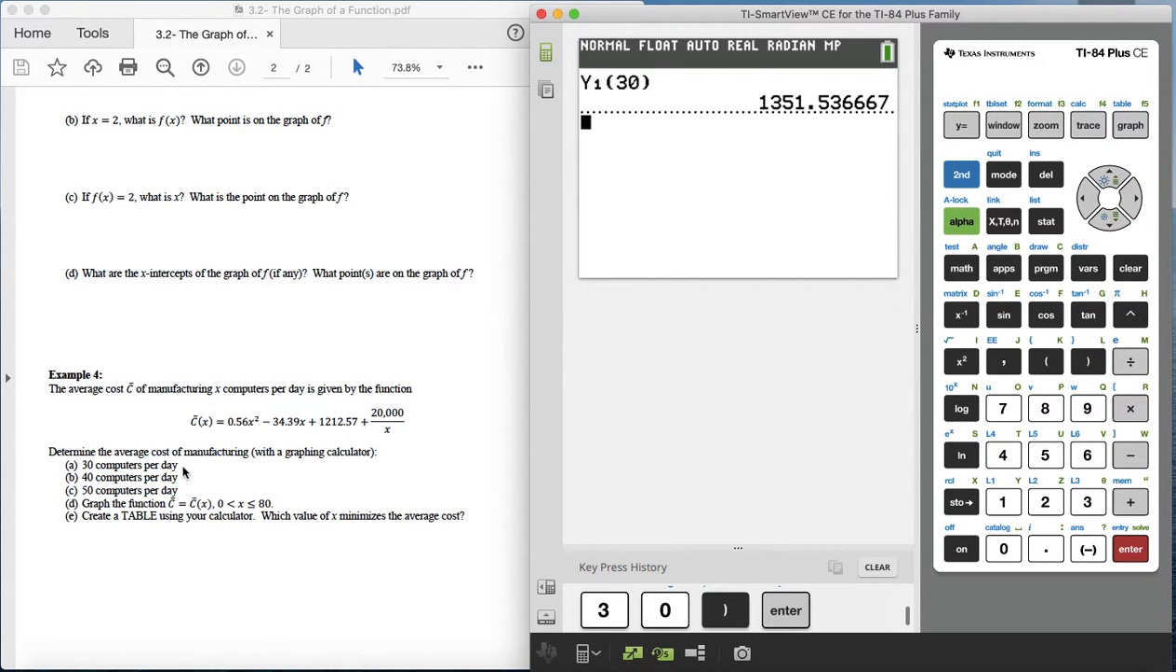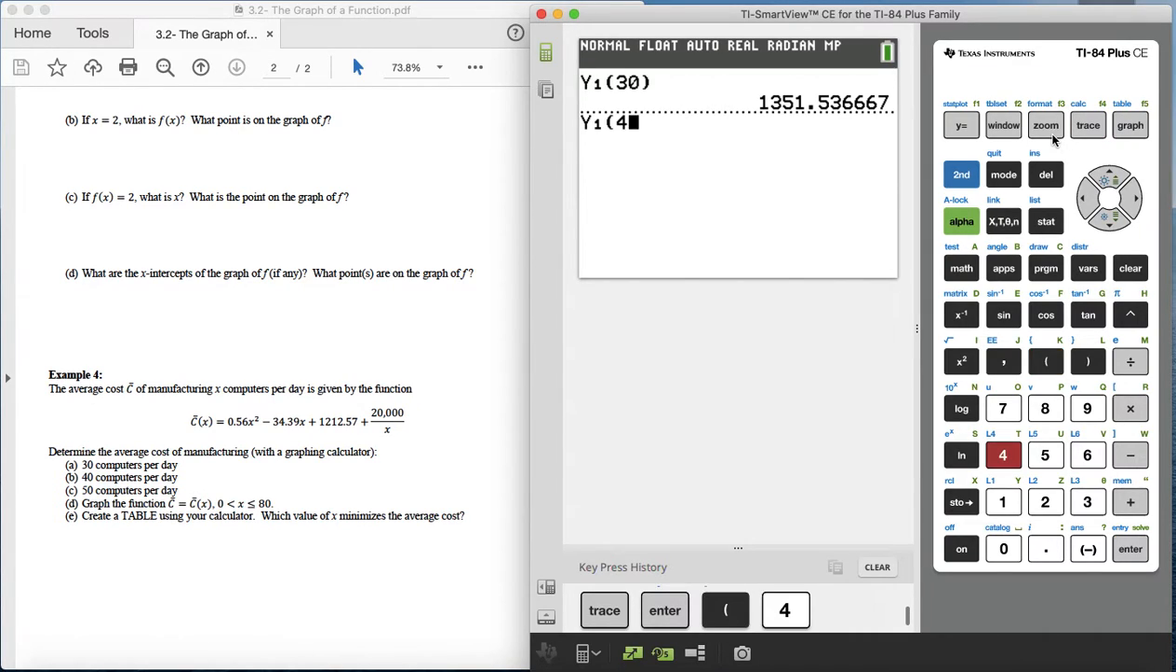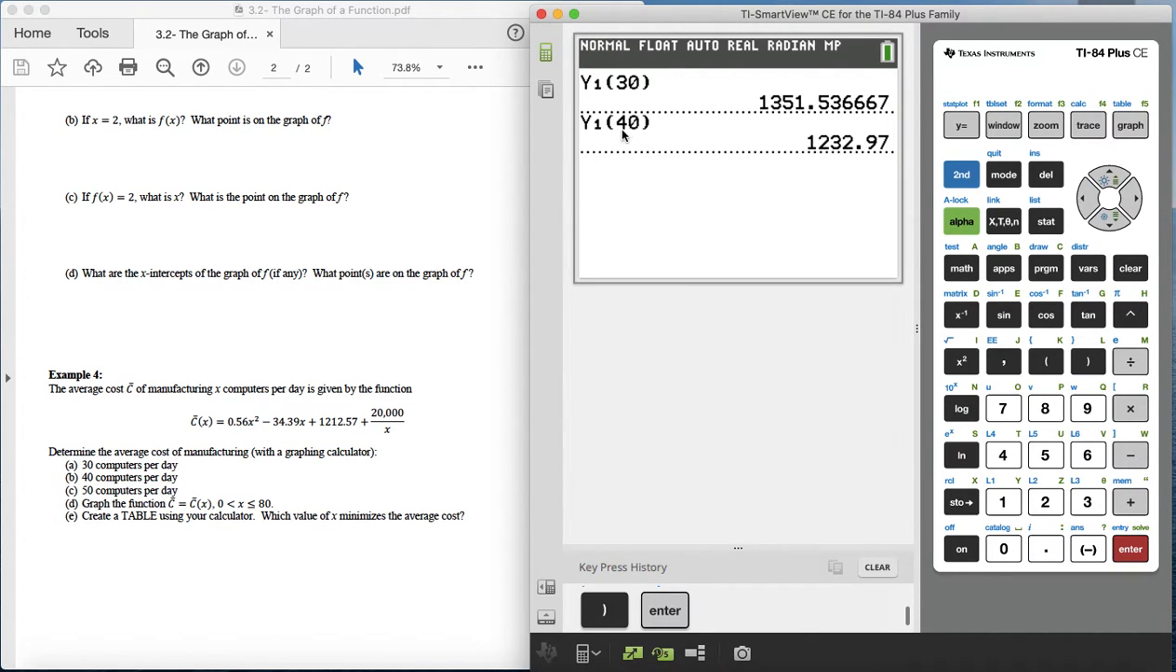So the cost of manufacturing 30 computers per day is about $1,351 and about 54 cents. Okay, and we can repeat that process. So alpha trace y1, and then parentheses 40, and to manufacture 40 computers, it gives us $1,232.97. And then we'll do it one more time for part C, which is 50 computers a day, so parentheses 50, enter, and this costs us